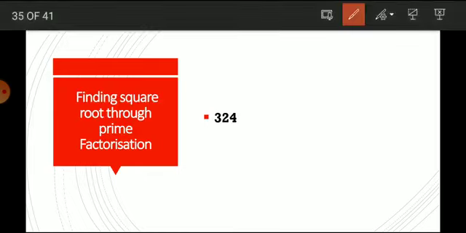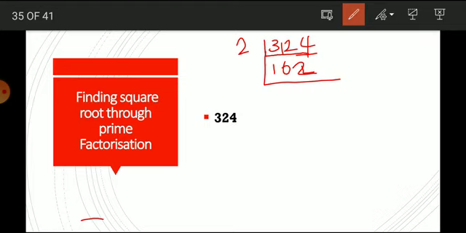Here we want to take one number. Prime factorization means we use this type of division. 324. Here we should check whether the ones digit is even or odd. This is even, right? So we can use 2. 1 2 is 2, the remaining is 1. We just use division. After that this is 12. So 6 2's are 12. Then 2 2's are 4.